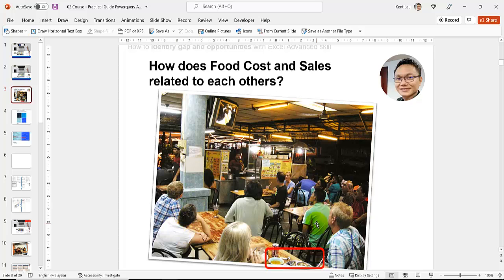So if you cannot identify the current food cost, then you can't improve. So it's also related to what